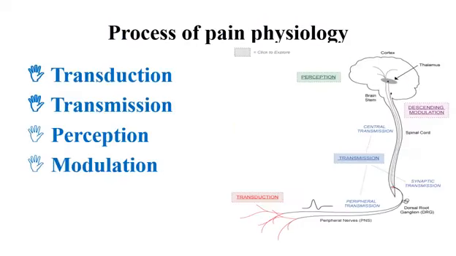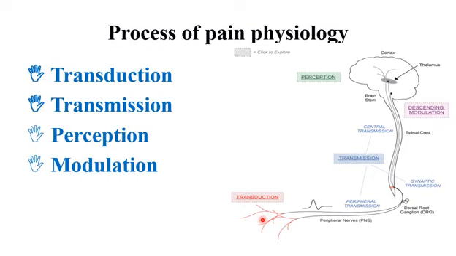occur. There are some processes that occur during the transmission of pain. These include: the first process is transduction, and the second one is transmission, and the third one is perception, and finally modulation. So transduction means the initiation of action potential by converting the type of injury to an electrical activity that is formed as an action potential through the